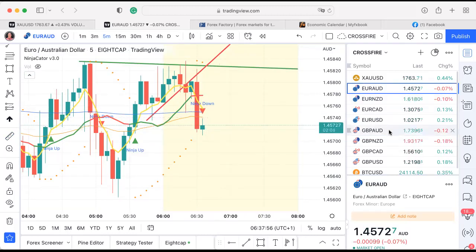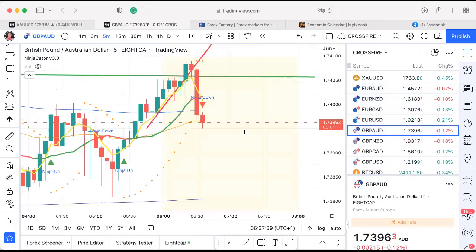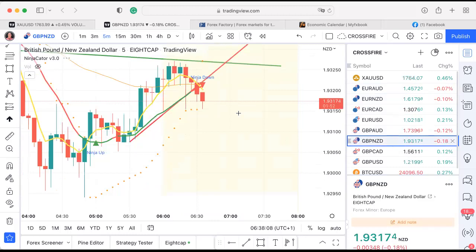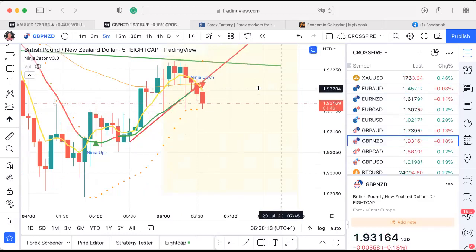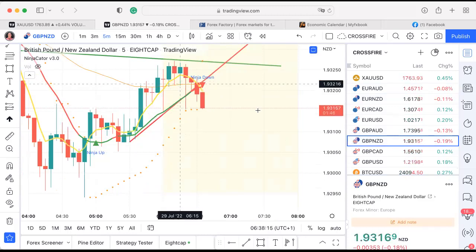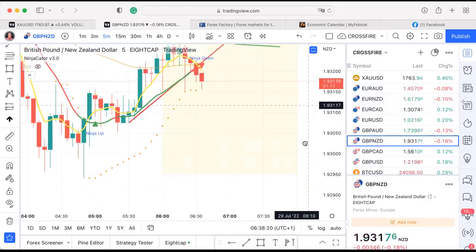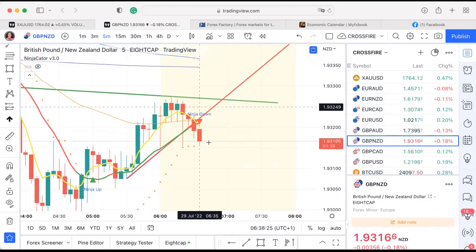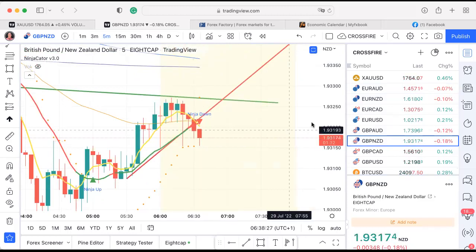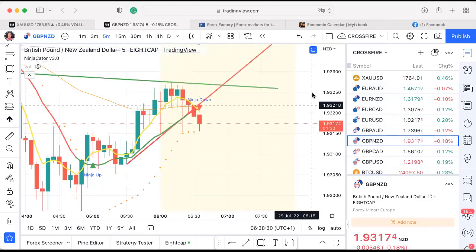So go back to GBP AUD. It's struggling to get past that 50 moving average. And then I'll look at the other GBP pair, see what's happening there. Again, we've got a ninja down. The 50 moving average is up there. What I would like to know is where the other moving averages are, and I suspect they're above. Yeah, they're above there. So if this does continue to go down, we have no specific target to aim for.